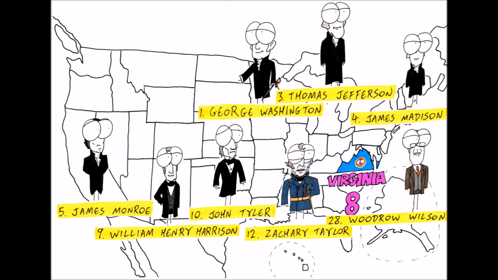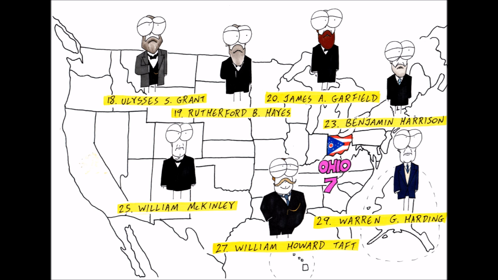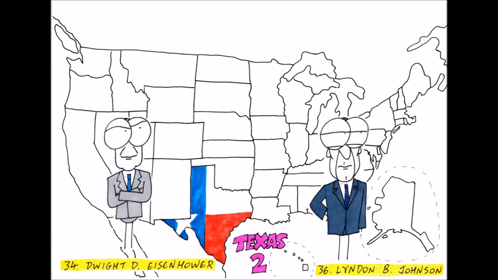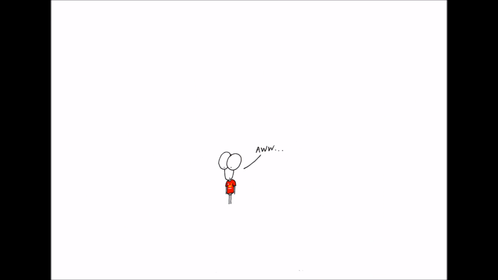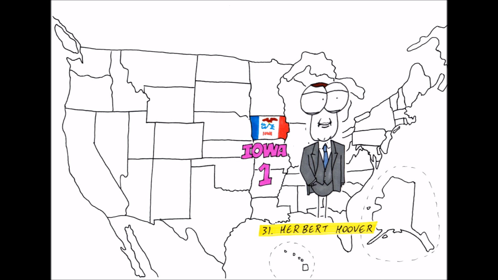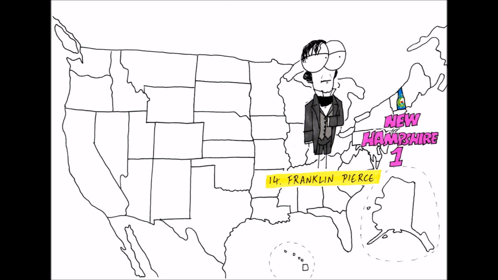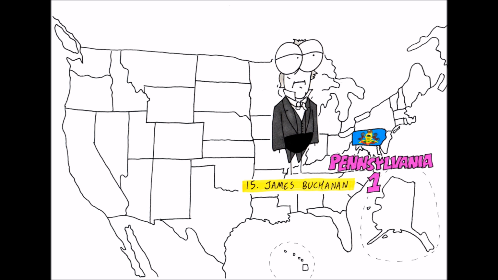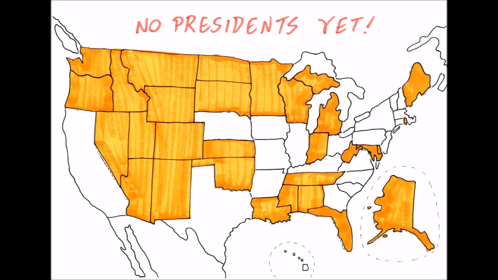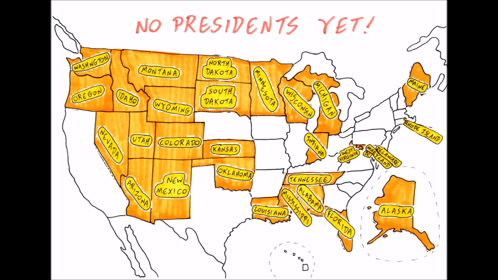Virginia has had 8 presidents born there, Ohio has had 7, New York has had 5, Massachusetts 4, North Carolina 2, Texas 2, Vermont 2, and United 0. Arkansas, California, Connecticut, Georgia, Hawaii, Illinois, Iowa, Kentucky, Missouri, Nebraska, New Hampshire, New Jersey, Pennsylvania have all had 1. South Carolina has had 1 if you count Andrew Jackson, but his birthplace is a little blurry along the North-South Carolina border. These are the states that haven't yet had presidents.